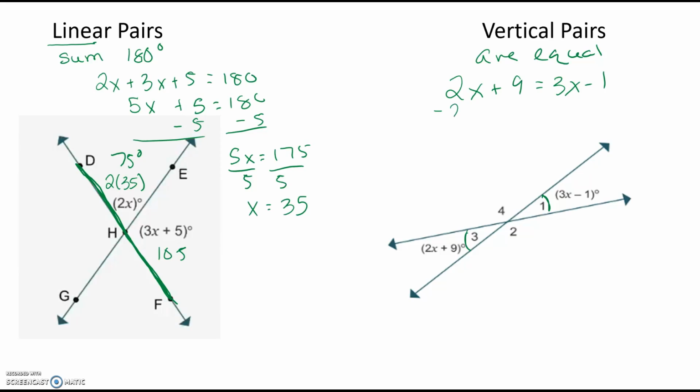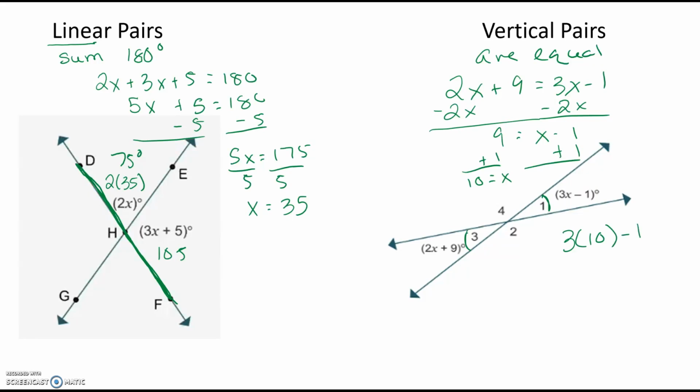Now we can use our algebraic solving steps to solve the equation. Again, we end up getting to the point where we have x equals. If the question is asking what is the angle equal to, we have more work to do. So we would need to plug it back in,